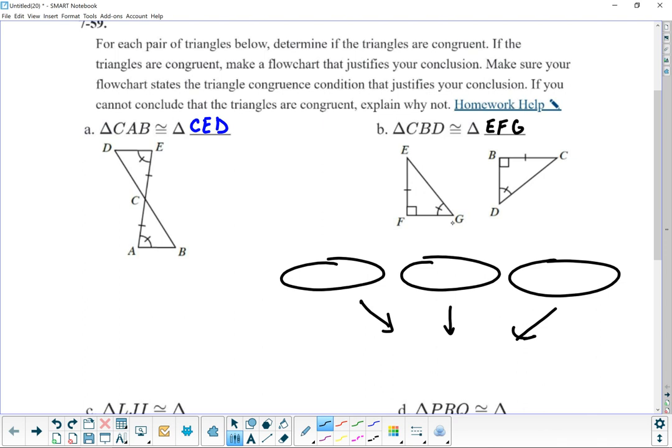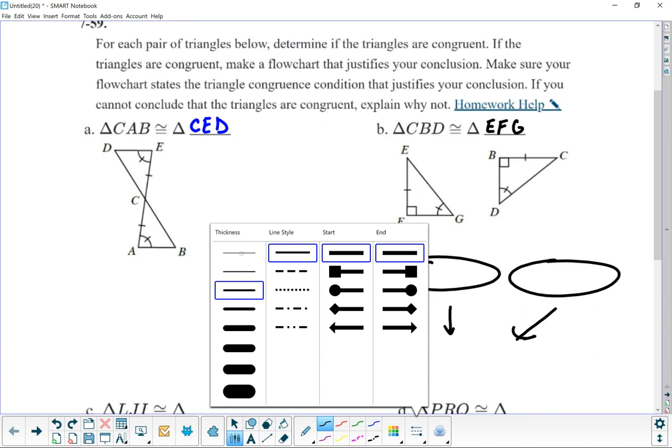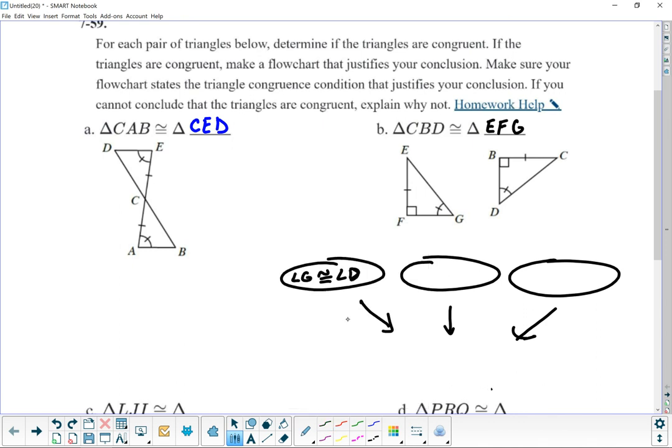All right, so we know angle G and angle D are congruent, so we just write down angle G. And there's only one angle G, so that's why we can get away with just calling it angle G. And we don't have to use a 3-letter name. Angle G is congruent to angle D, and we know this because they're both 1 mark. And who put the 1 mark there? Somebody did, but not us. That's why we can say this is given, because when we first look at this picture, it already has